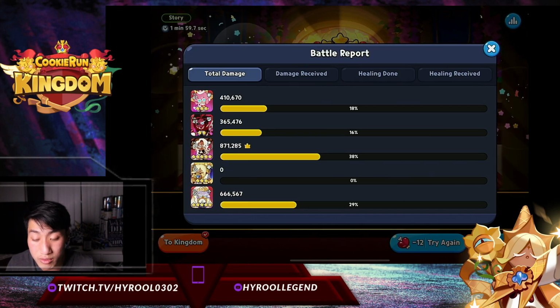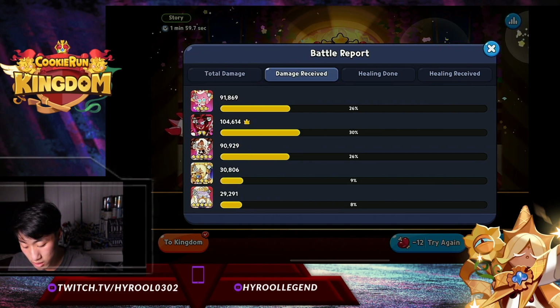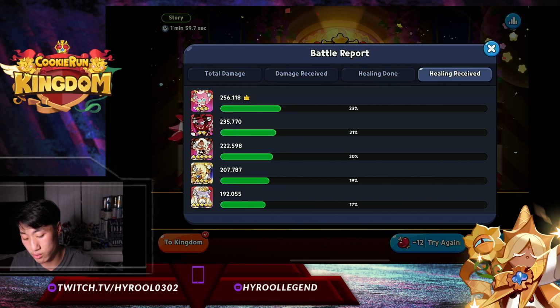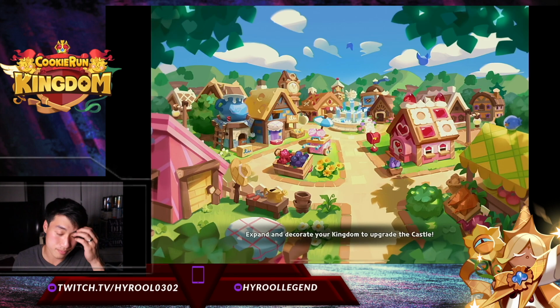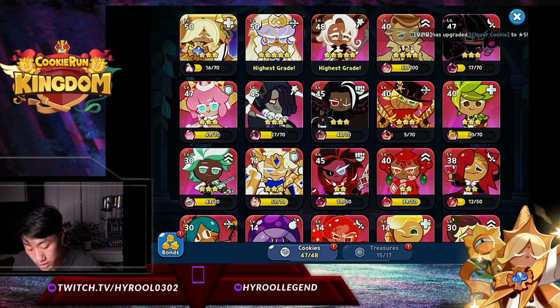Okay, so Strawberry Crepe did a lot more damage this time around. Let's see damage received, less damage. Latte took a lot more, and healing received, of course, is going to be lower. So let's see. What I can tell you from this right now, I'm gonna say any of those three will